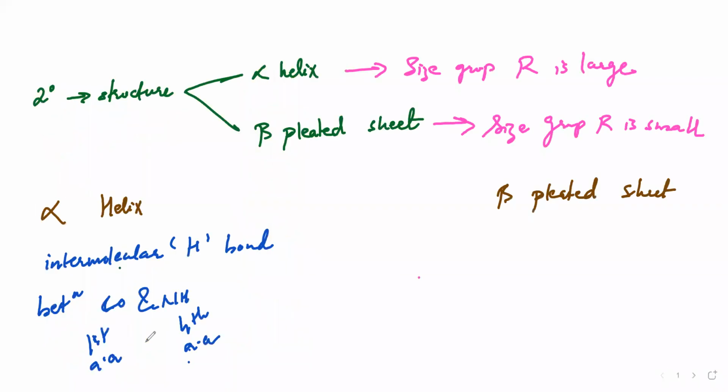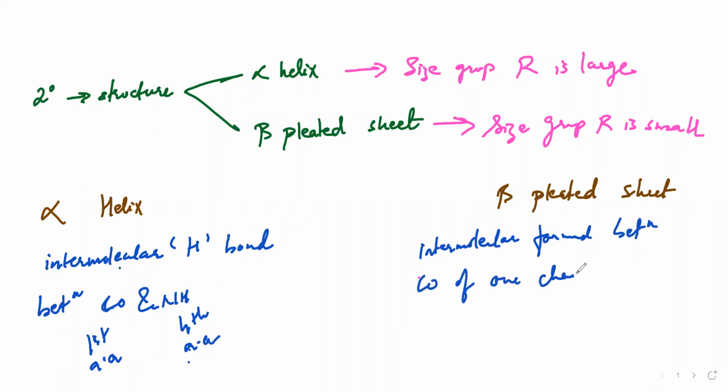So, the beta pleated sheet. Now, first point, as I already told you, the size of the R group will be small in the beta pleated sheet. So in the name itself it is there, pleated sheets. Okay, whenever there is a folding or a coiling, it is going to form some kind of pleated sheets. So in this, what will happen is there will be an intermolecular bond formed between, again the same, the CO of one chain with